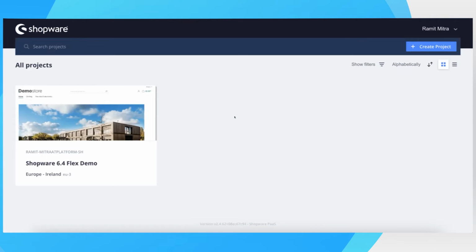Today I'll be talking about the Shopware PaaS and how you can deploy your application to the Shopware PaaS. And I'll just go through some of the technical aspects of it. So first of all, whenever you create a project using Shopware PaaS, you would be given access to this console